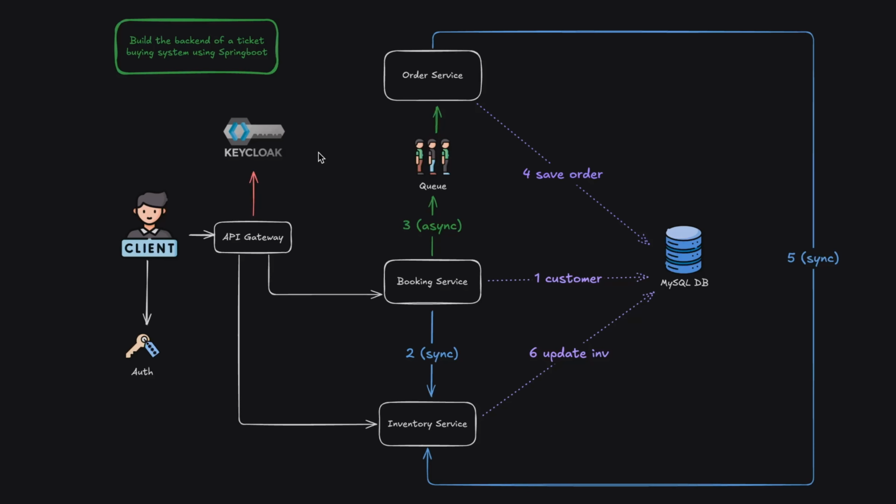Keycloak is an open source identity and access management resource that provides authentication, authorization, and user management for applications and services. It supports single sign-on, OAuth 2, which is the one I'll be showing you, SAML, RBAC, multi-factor authentication, and LDAP as well. But the one we will be using to protect our API gateway and the backend services is OAuth 2. So we want our client to be authenticated, and I will show you how to do that using